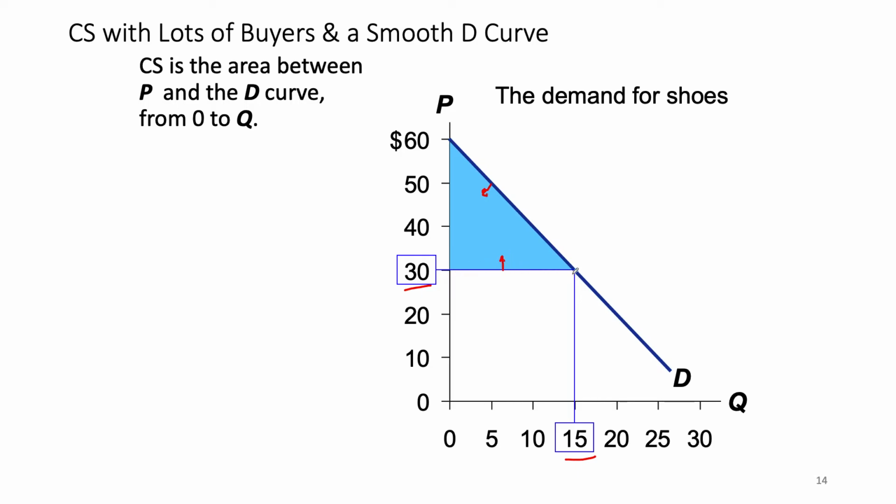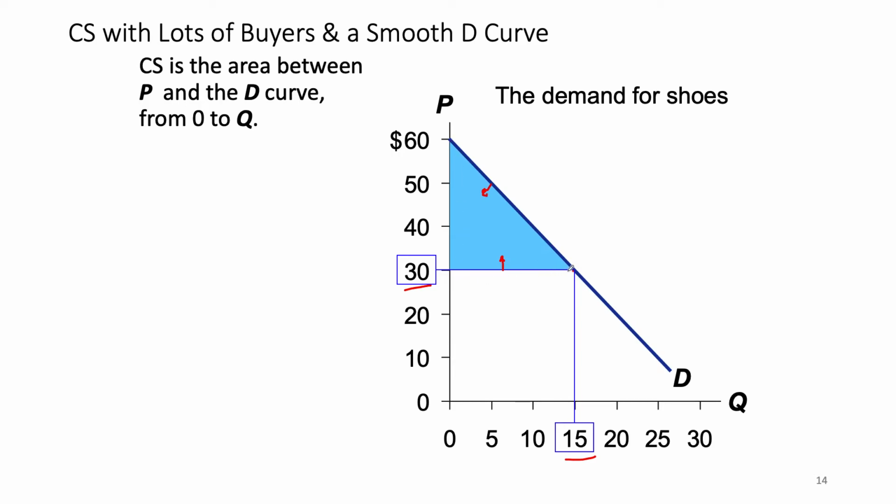The base is set by the price, going from 0 to the quantity demanded at that price, so the base is drawn from here to the demand curve. So the total consumer surplus in this market is going to be the area of this